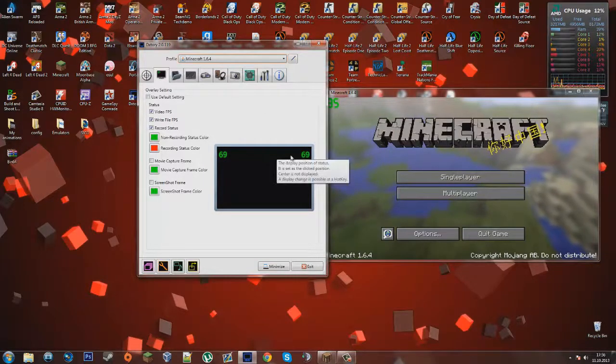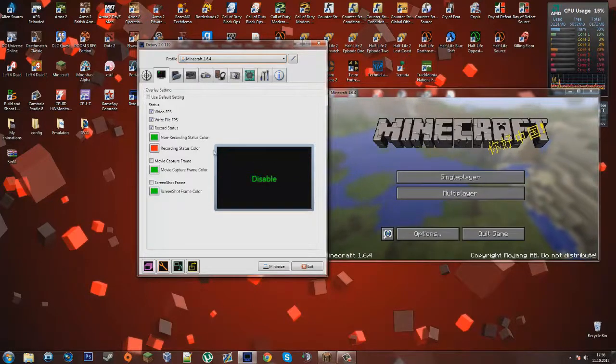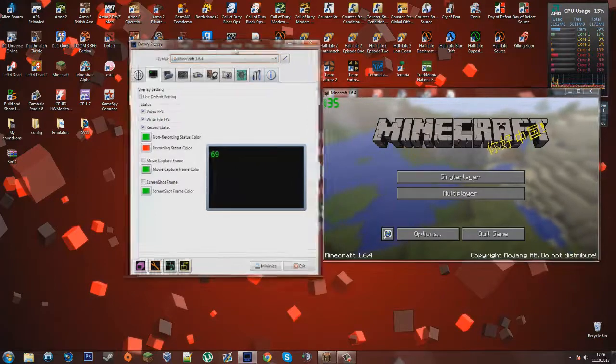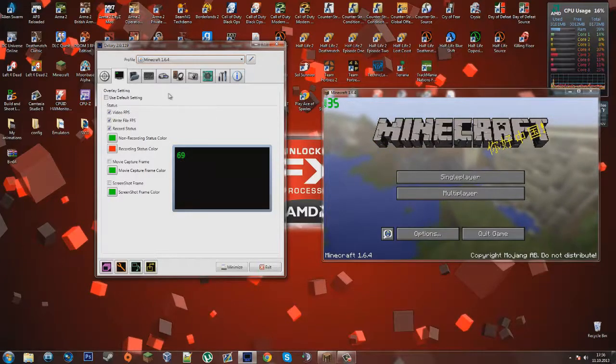Now you can also set the overlay to wherever else. You can also fully disable it, but I like just having it up here because it gives me a confirmation that I'm actually recording. Now, for some reason, they put in number 69, which, it's just naughty programmers. I hope you get what I mean. So yeah,